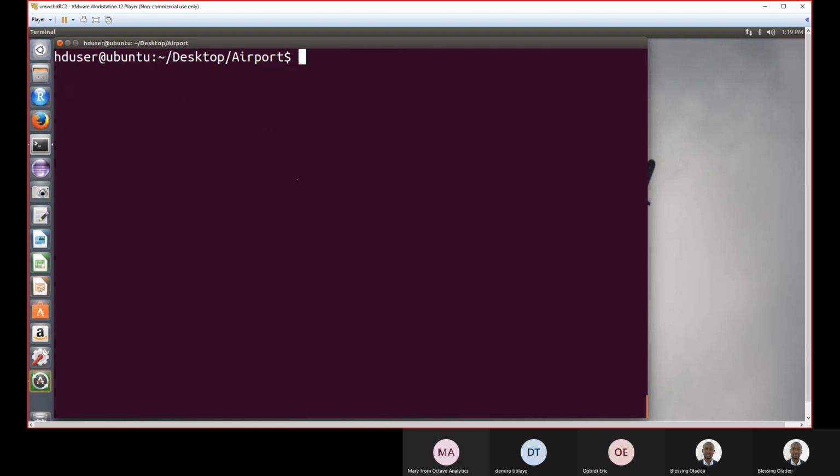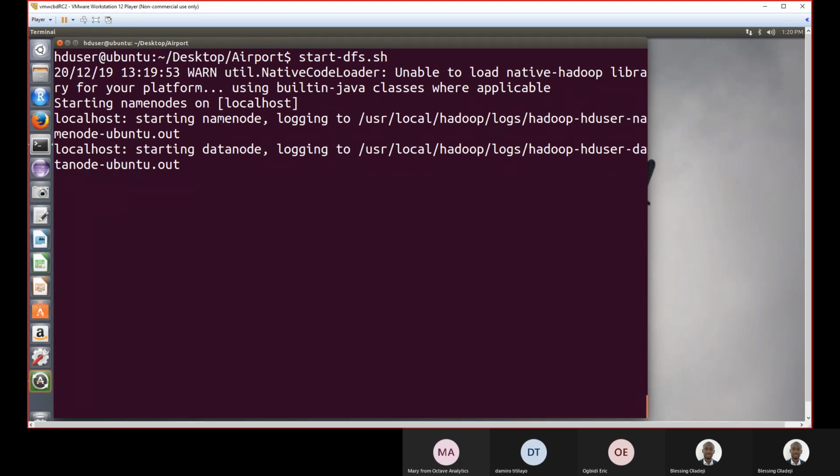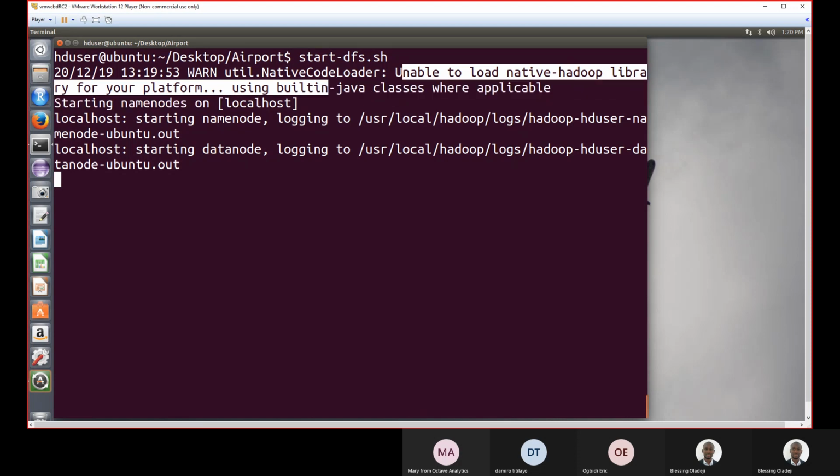In order to be able to start Hadoop, the startup command is start-dfs.sh. This is the command to start Hadoop. And I said the last time that whenever it gives you some kind of error, you might need to go and set your environment variable. It says it's unable to load the native Hadoop library for your platform, so it's using built-in